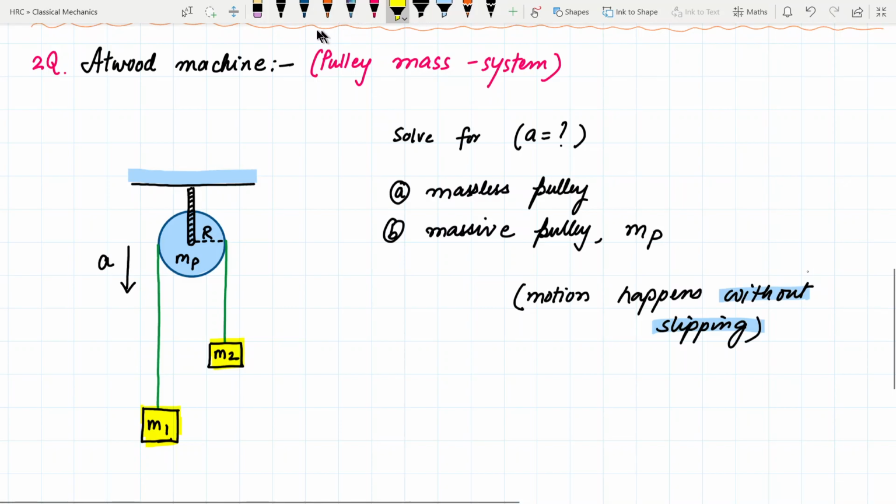All right, so let's suppose if mass m1 is heavy, and if the string is inextensible, मतलब string का जो length है वो constant रहेगा, वो change नहीं होगा. In that case, both the masses are going to accelerate in the same manner, one downward, another upward. All right. So massless pulley के लिए और massive pulley के लिए हम problem को कैसे solve कर सकते हैं,